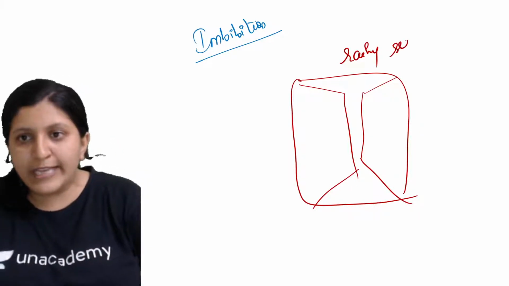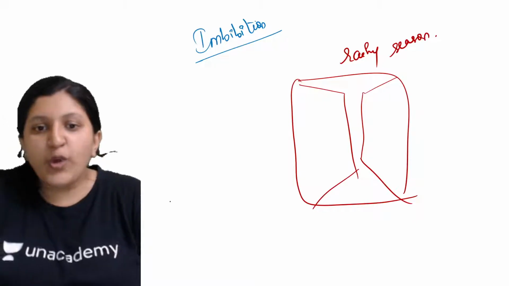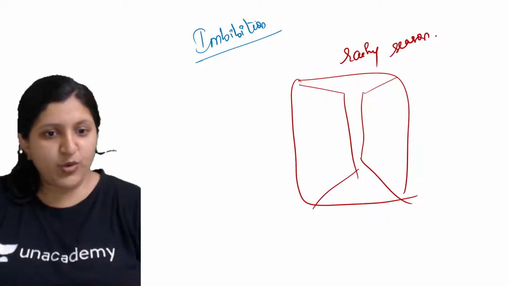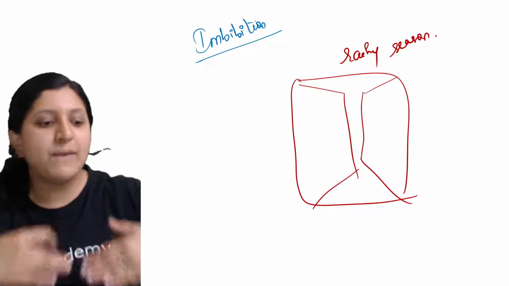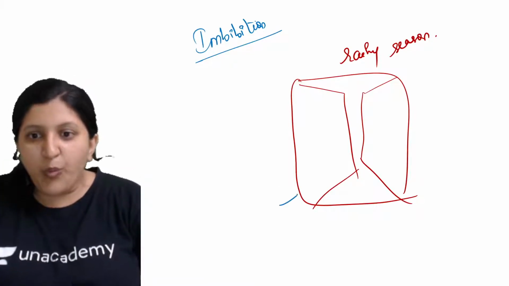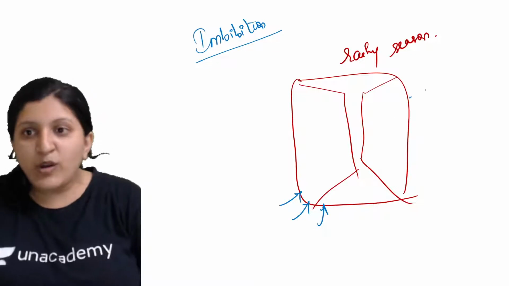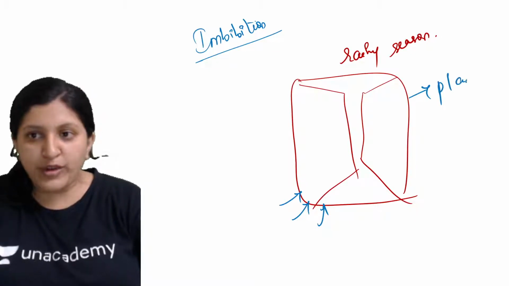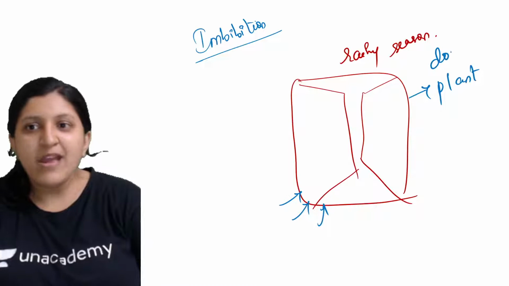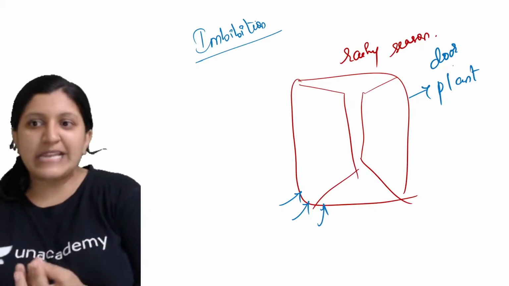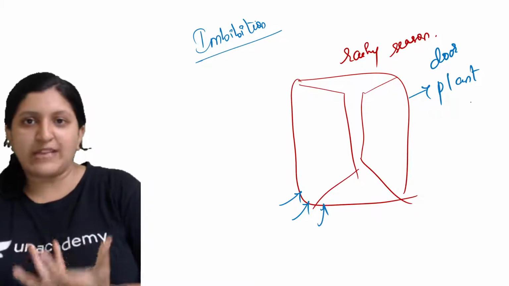So this is mainly during the rainy season. It will take in as much water as it is continuously coming in contact with. Water is absorbed by the dead cells, because this is a plant. What is a door basically? A door is a plant. It is basically made from plant cells itself, right? So that is the plant itself.